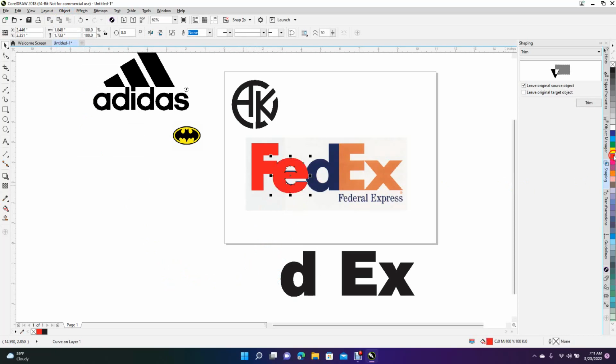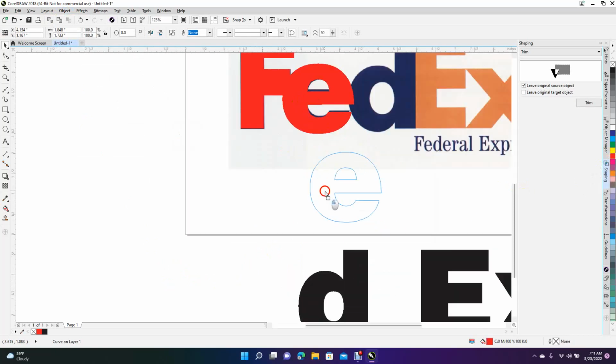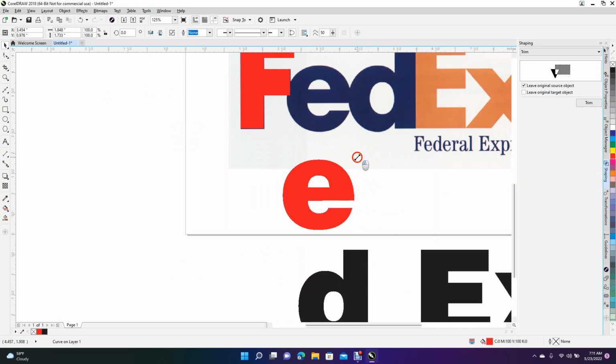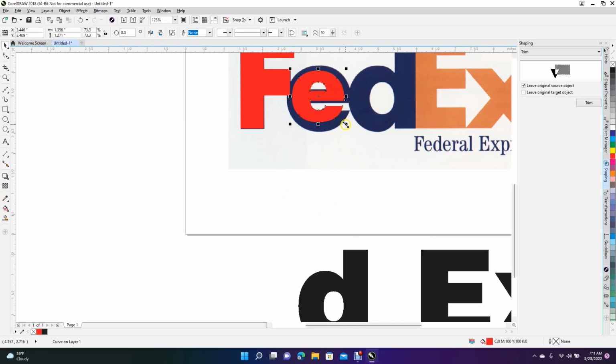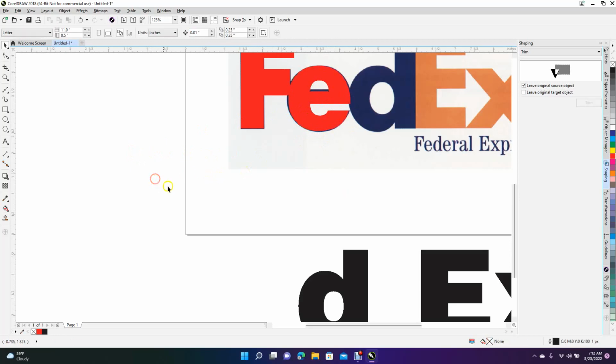So go ahead and regular mouse click, and then we're going to scale this down a little bit. So hold down the Shift key, kind of put that in the middle, and then hold down the Shift key again and scale it up. And then we're going to pull that down there and use our nudge arrows to move over. That's pretty close. Now we'll go ahead and get the D,